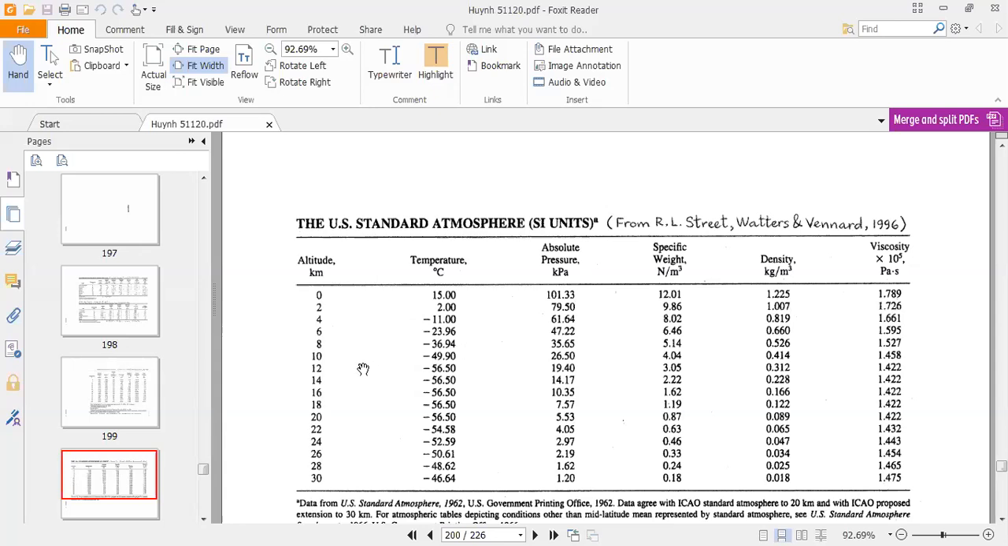Because you see from 10 to 12, the temperature decreased from minus 49.9 to minus 56.5. It's smaller than 6.5. Or from 12 to 14, almost constant. 16, almost constant. 18, almost constant compared with 12. So we only use the lapse rate for the altitude from 0 to 10. Okay, only. And the lapse rate, as I mentioned in the lecture yesterday,